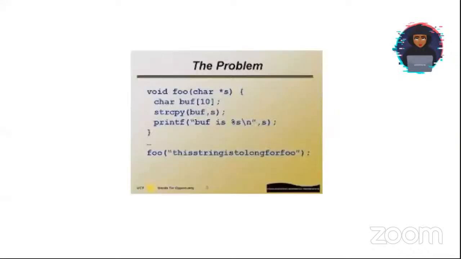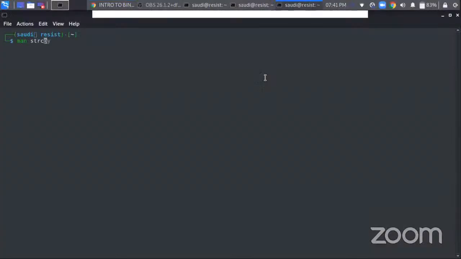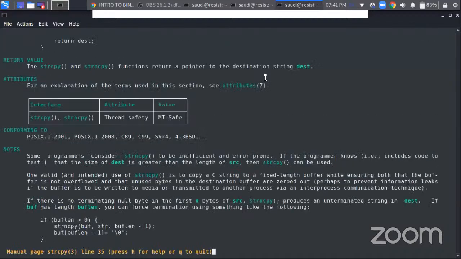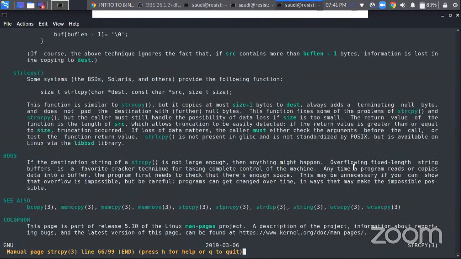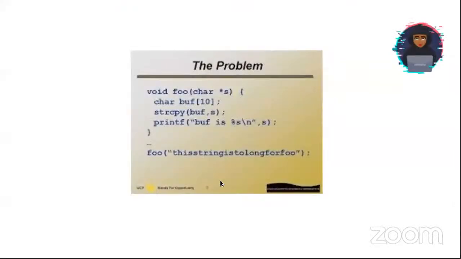We also have this diagram over here where we have the vulnerable string copy function in C. I'll show you in the Linux man page. If you go down here at the bug section, you'll see that it tells us the string copy function does not have any form of bounds checking. You cannot really tell in future how many bytes are being copied, so you won't really be able to put some bounds, and this causes buffer overflows. Since it does no bound checking, allowing us to supply larger input than the buffer,